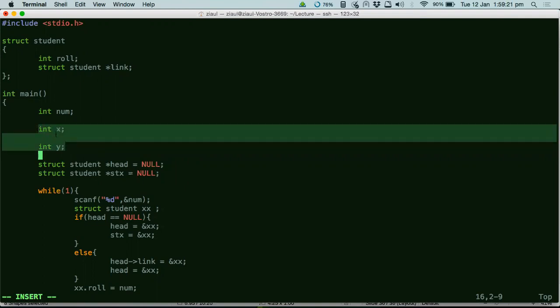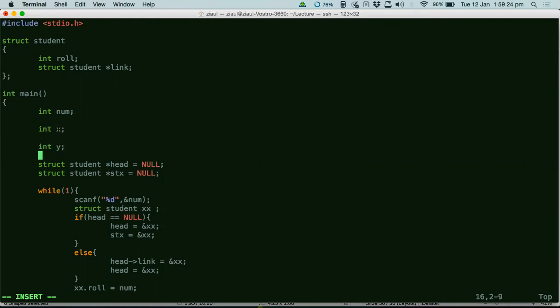If you have these two declarations of two variables, x and y, and you have a pointer to x, can you go to the pointer for y? Can you go to the address of y? Because you don't know from which memory location the space for y will be created. So it's not necessary that x and y are contiguous in memory.